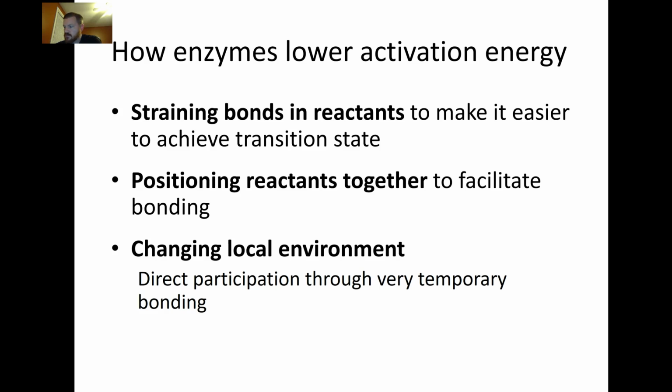So the way these enzymes do this is, one, they will strain the bonds in the reactants. Maybe that yellow is a little tough to see. To make them eventually separate and turn into products. They might just position